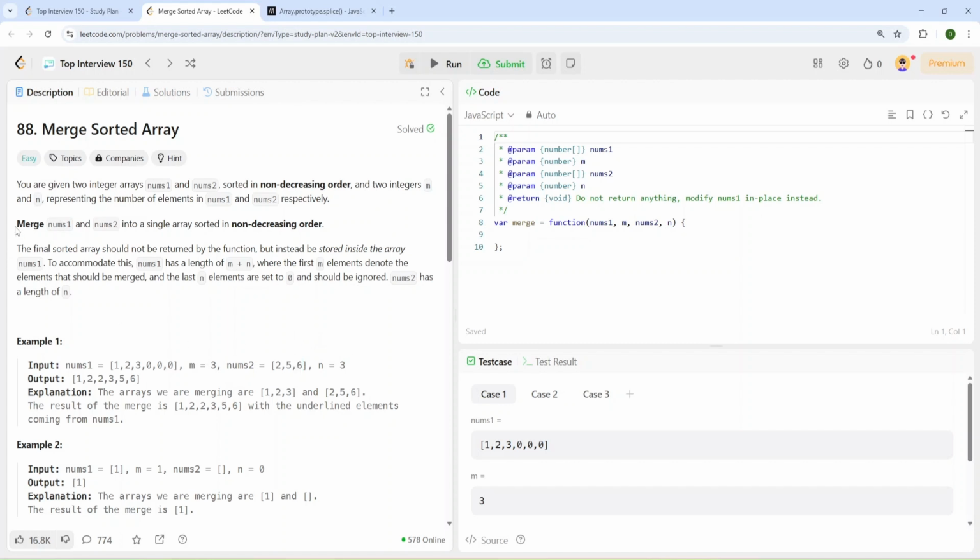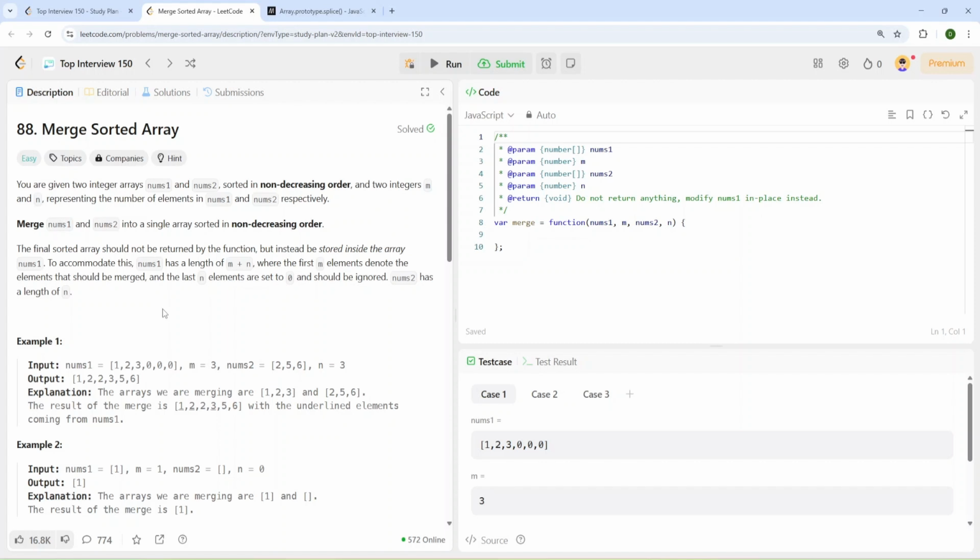And we need to merge nums1 and nums2 into a single array sorted in non-decreasing order. The final sorted array should not be returned by the function, but instead be stored inside the array nums1. And that's why we have this 0.